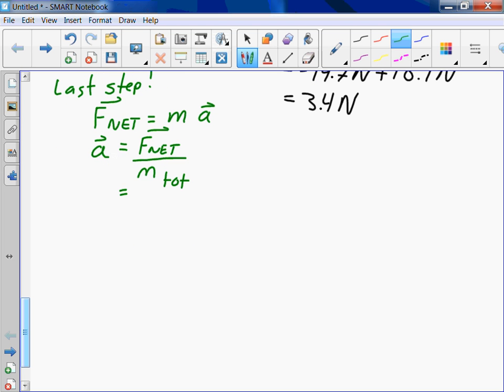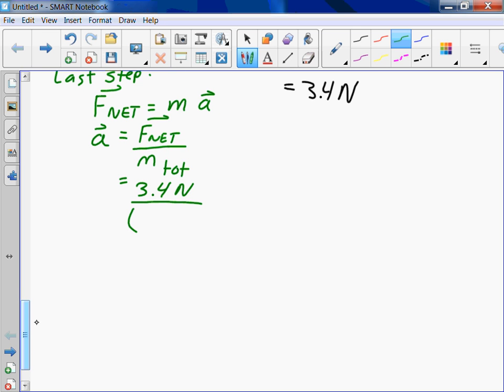And it's the total mass of the system. So 3.4 newtons divided by 4.4